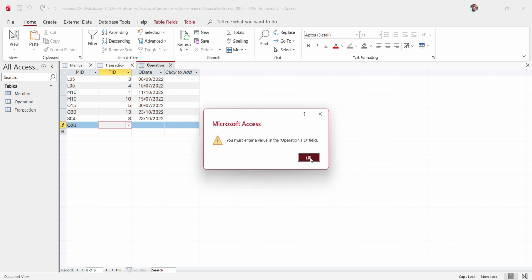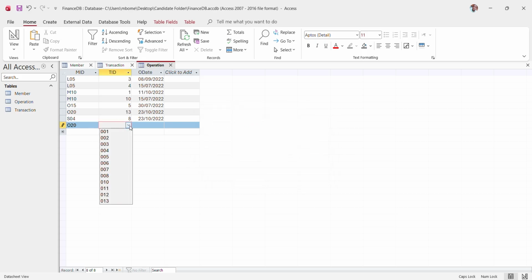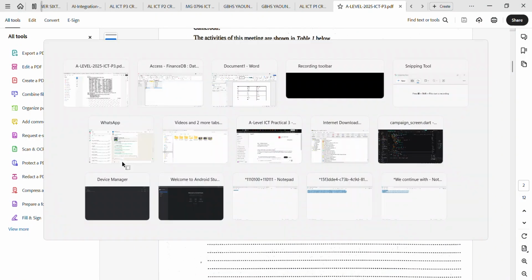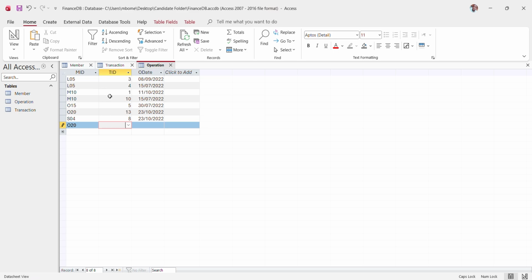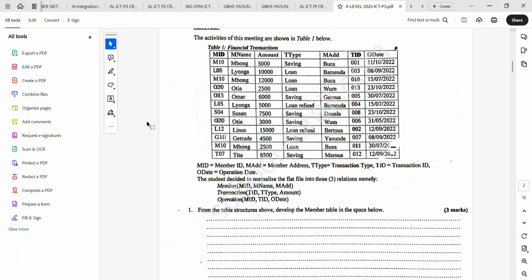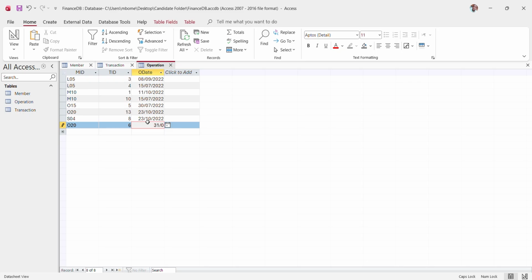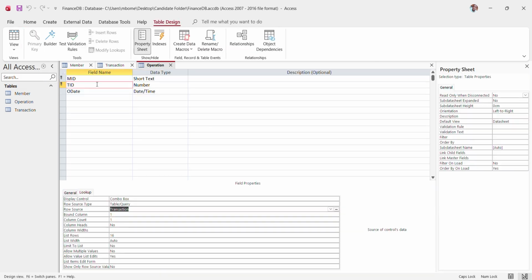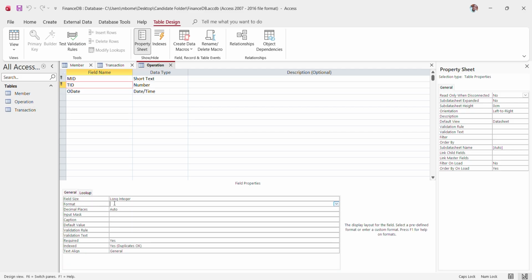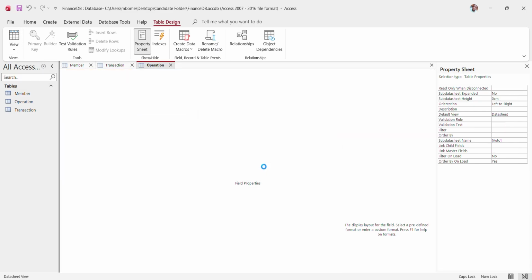I forgot to enter a new transaction ID. So for O20 it is 6, and then the date is 31/05/2022. So I forgot to add those leading zeros for transaction ID. Here I was supposed to have leading zeros. So I'll go to general, and here I'll add format 000, and then I'll go to view data. Yes. Okay,